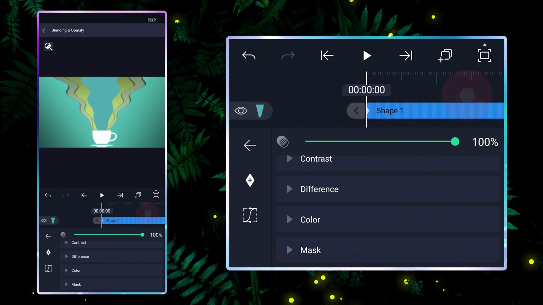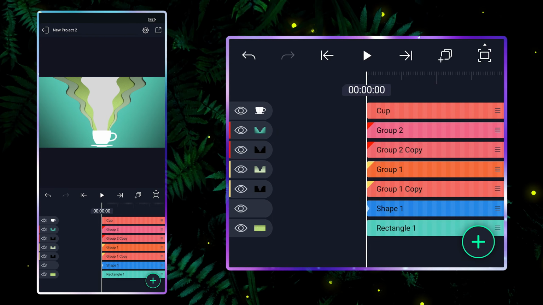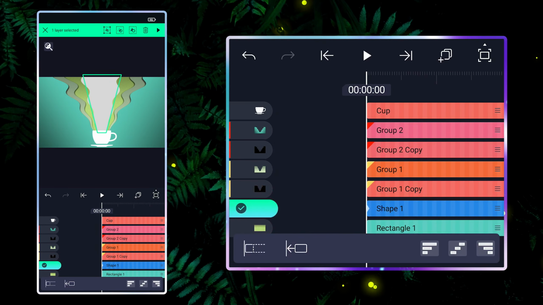Set the blending mode to exclude. Select these two layers and merge them.